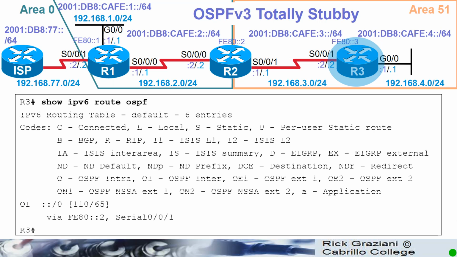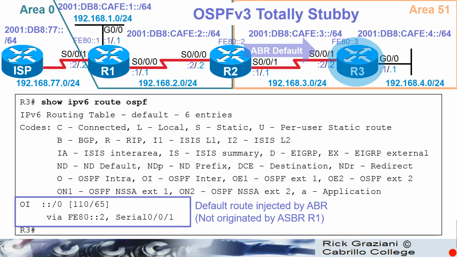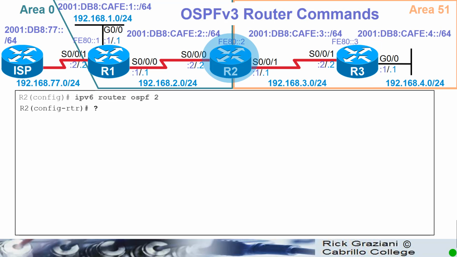Verification for route, again, the ABR will send its defaults. For R2,